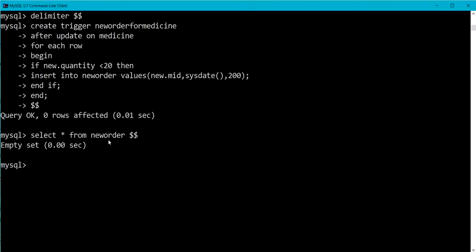In new order we have an empty set. Now I am going to use the update statement. Update medicine table set quantity equals 15, where medicine ID is equal to 1.